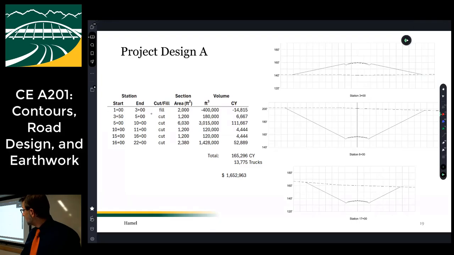I have my start, my end, whether it's cut or fill, my section area, right? So that's like this. My total volume, which is just the section area times the length. And then I converted from cubic feet to cubic yards. And I come up with